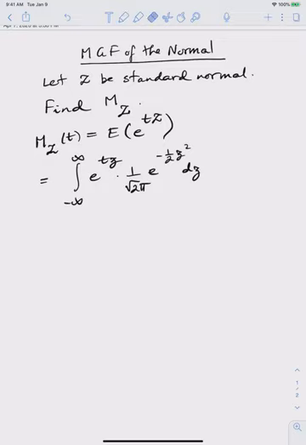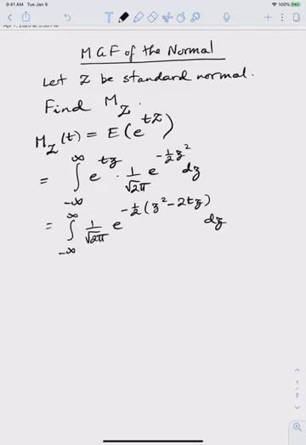So if I sort that out, notice that I'm not pulling out the 1 over root 2 pi. What I'm going to attempt to do is the calculus without doing the calculus. I'm going to attempt to do it with probability theory. Let's see if I can do that. So I have e to the minus half z squared minus twice tz